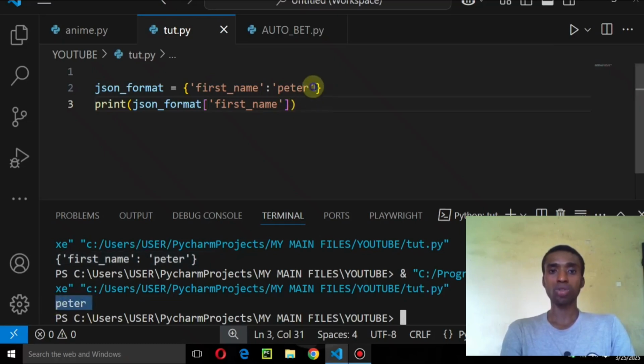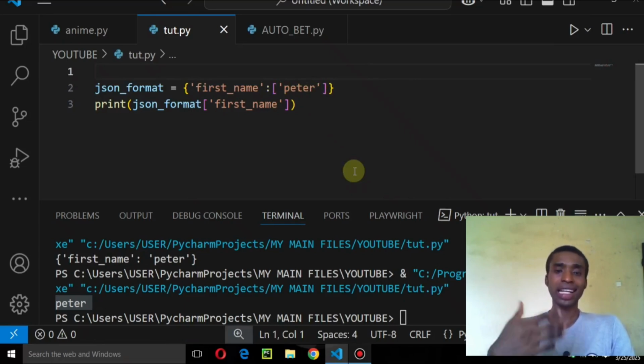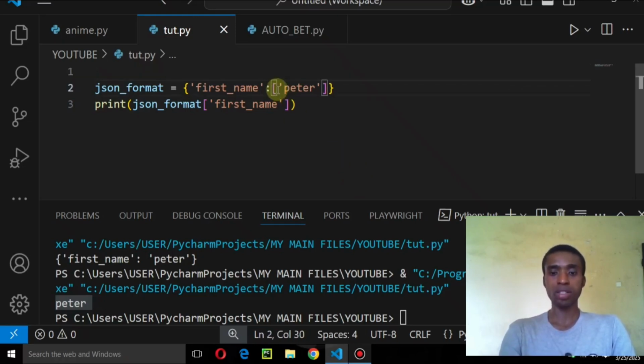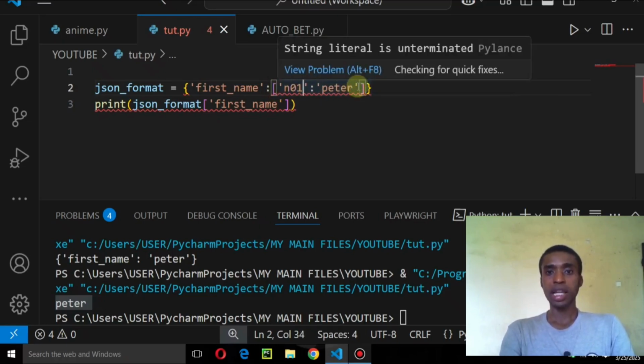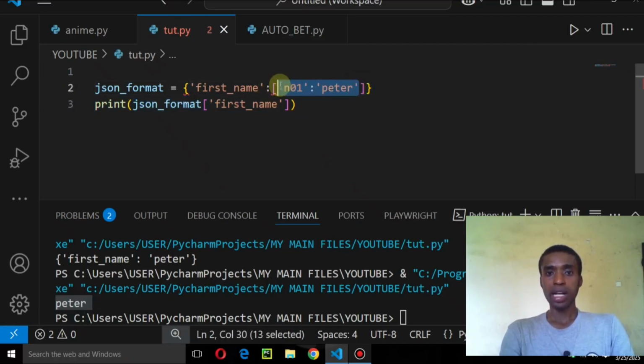In a situation whereby you want to store multiple items inside there, like how we did at the beginning, you can decide to put it inside of a list. And the other thing I like about this JSON is that you can actually store another key. You can put another key inside of a dictionary. So I can come here and say number one. I can set number one here. This signifies that this Peter was actually the number one person. So I can actually store it inside of this